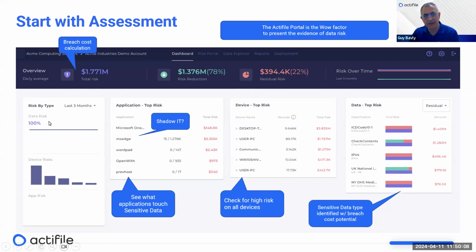You see the risk by device, so there are different devices. You can see top applications that are potentially dealing with shadow IT, device risk, and so on. So really a centralized console, which you can see also in a single pane of glass throughout your customers.